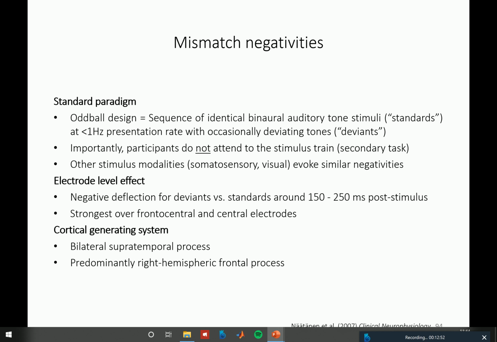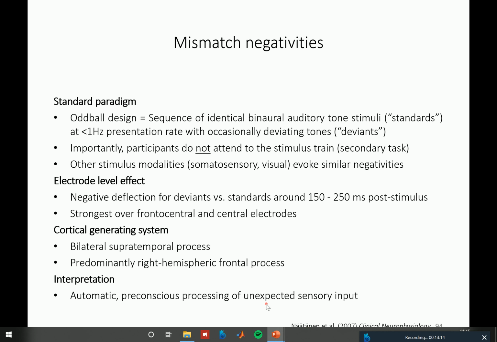Cortically, the generators are mainly auditory cortices, so bilateral supratemporal processes, and maybe something frontal. I will show you some evidence for that in a second. The interpretation then is that